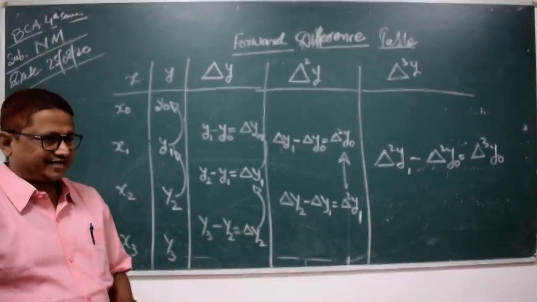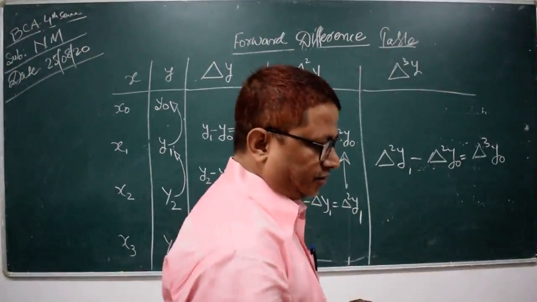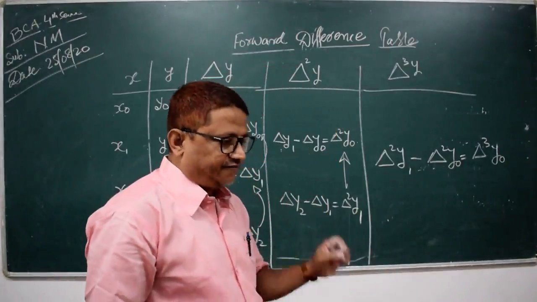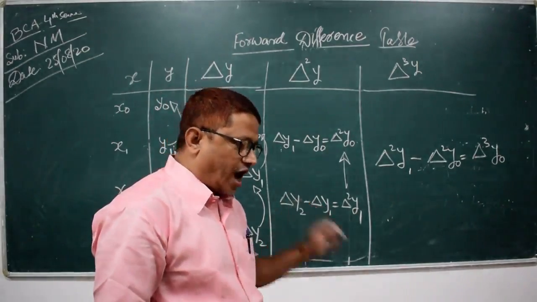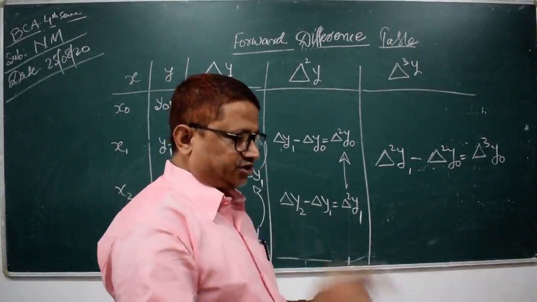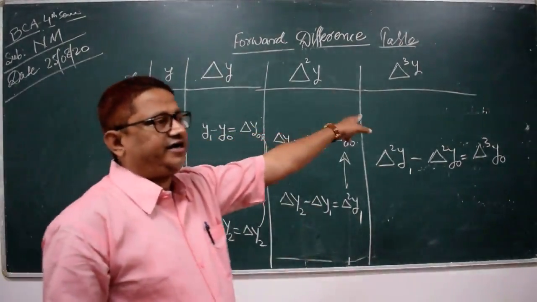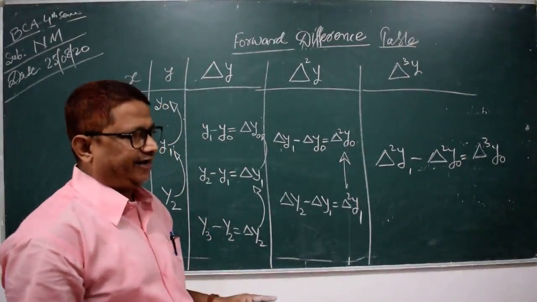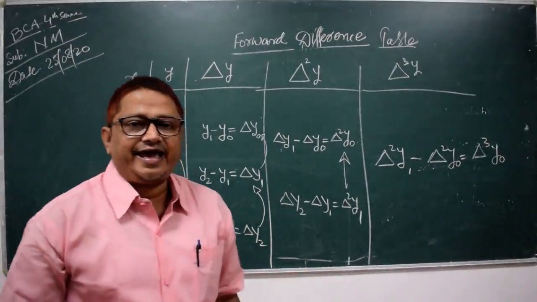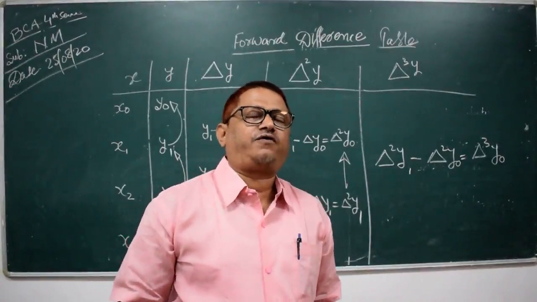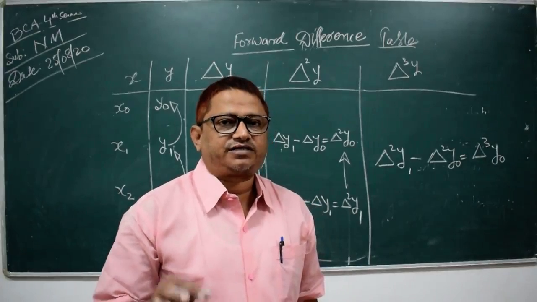It means that if you are constructing the forward difference table for the given values of x and y, after counting these values starting with 0 and ending with 3, it goes to the third difference. That means whatever number of values are given, the forward difference table columns will be constructed up to n-1.